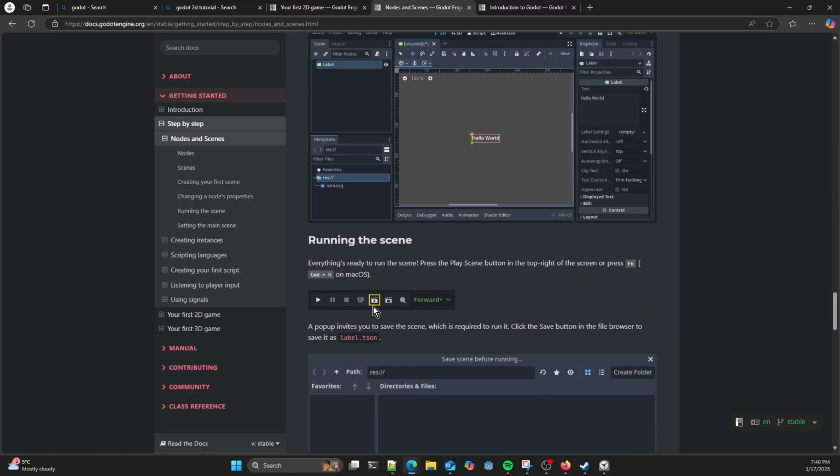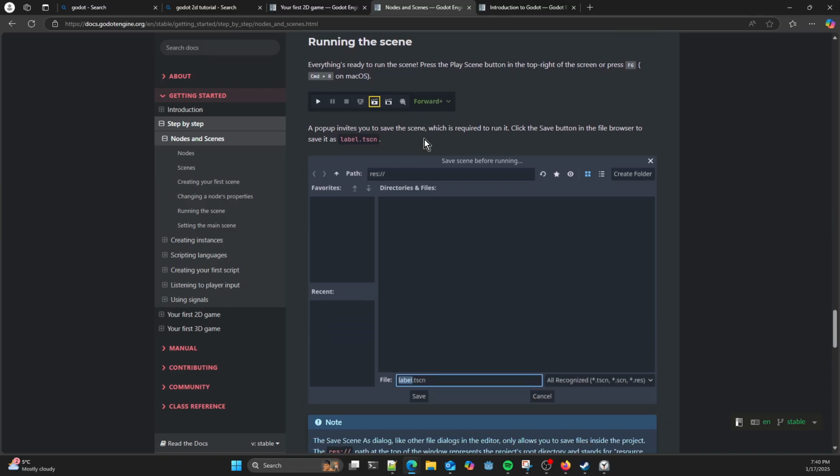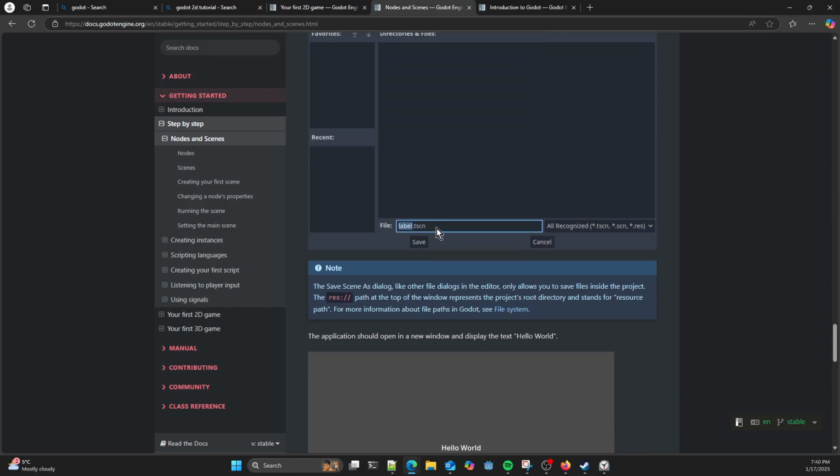Okay, and then we can run the scene using that little button there. And we save the scenes. All the scenes are stored in text files, which is nice. It makes them all nice and friendly to source control. There's another video on the Discord server if you've never seen source control, talking about how to use source control. Git.